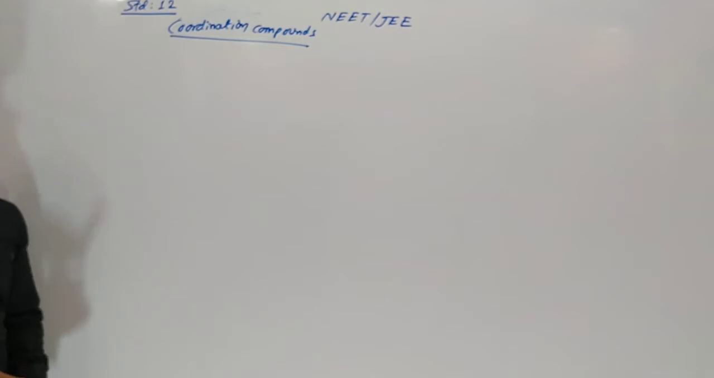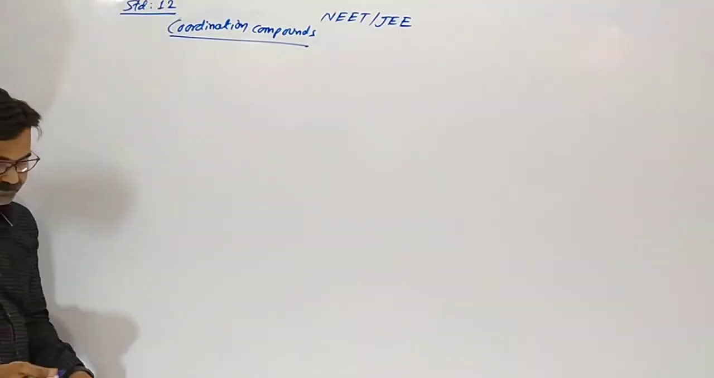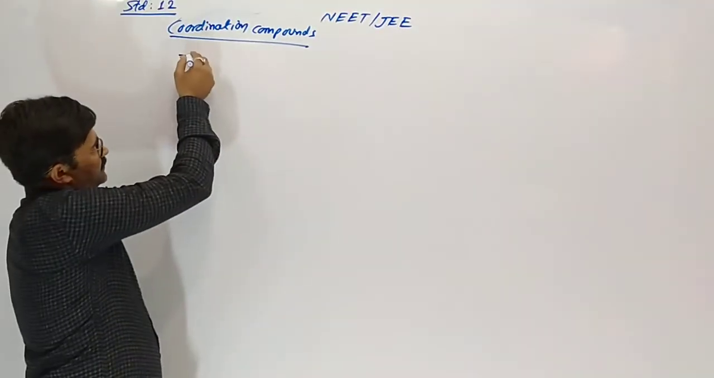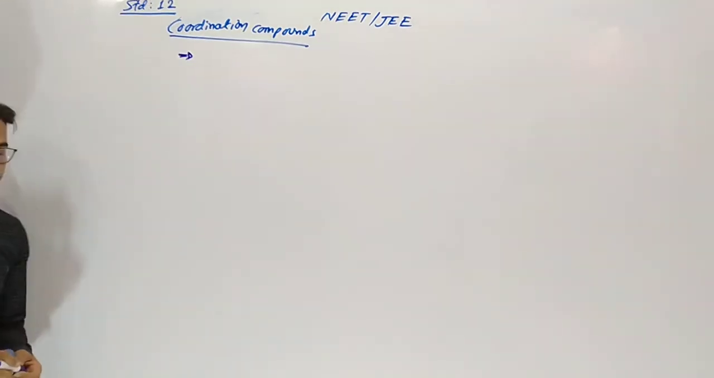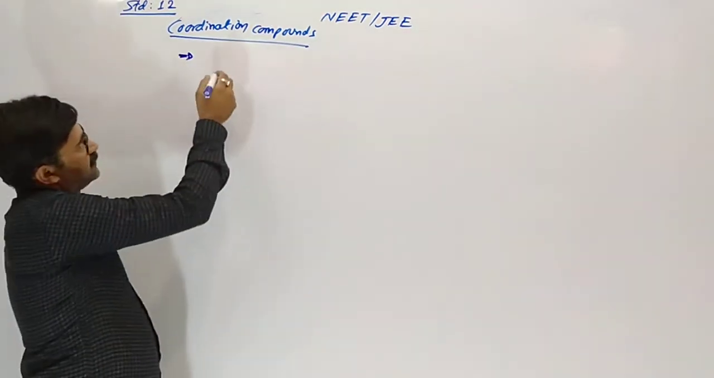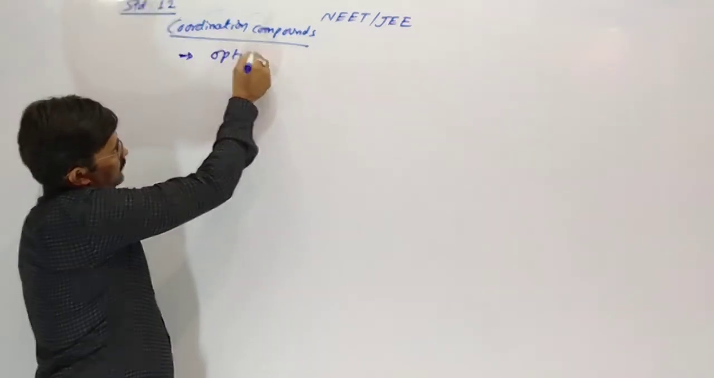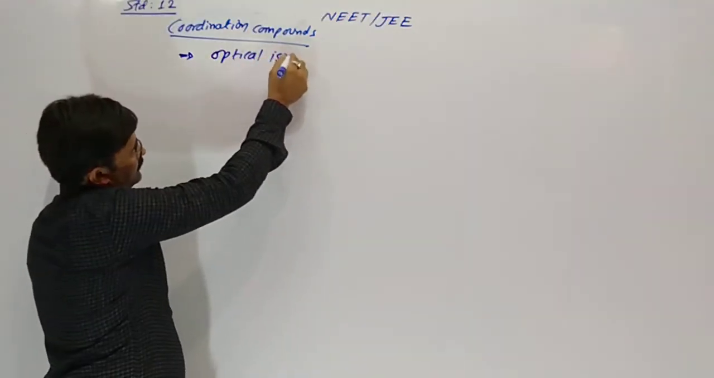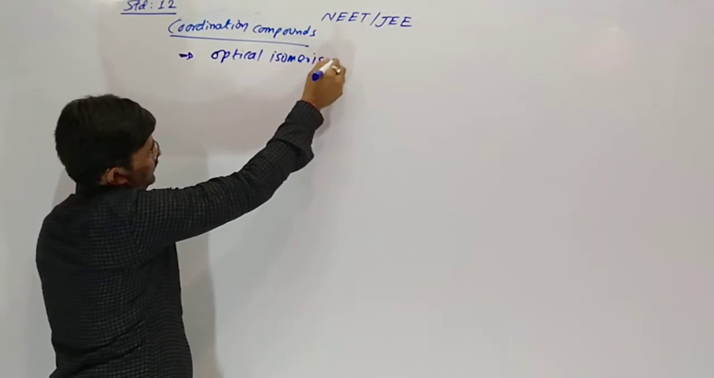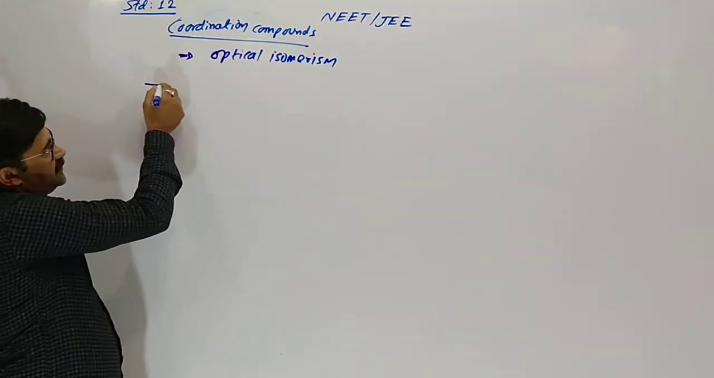Today we are in our third lecture for NEET and JEE of coordination compounds. In the last lecture we discussed geometrical isomerism. Now optical isomerism in coordination compounds. So the conditions for that: